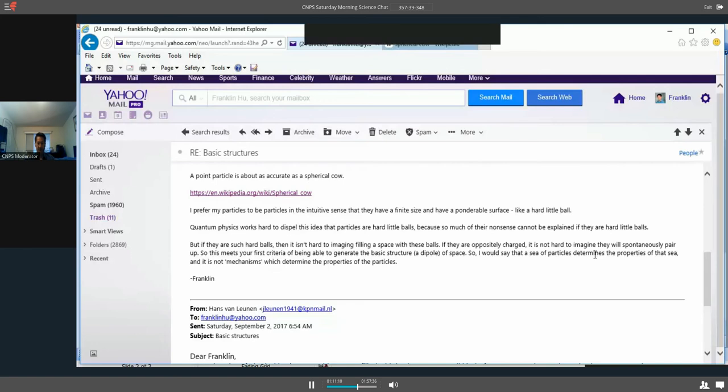There is no empty space. I mean, really, as I suggested before, we should not go into details. Let's see the merits of a particular concept or construct or approach. What's wrong with an electron being a hard little ball? It cannot be. There is nothing static. Everything has to be moving and be described by movement. So the electron is a toroidal vortex described by the movement of those particles.